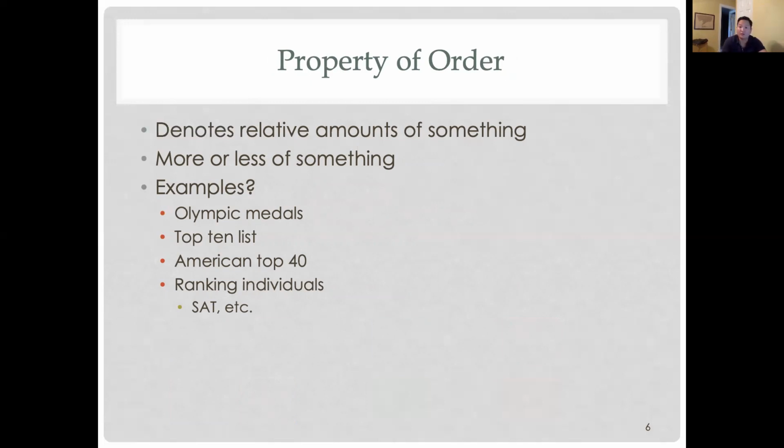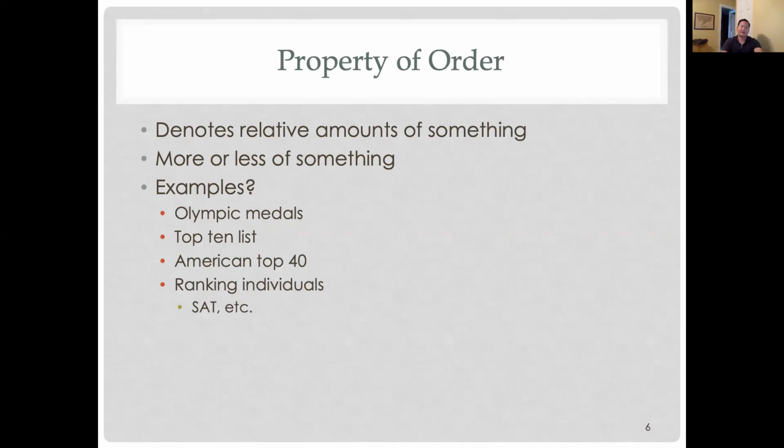Olympics, right? Gold, silver, bronze. Gold, you don't know how much better gold is than silver, or silver is from bronze, and it in fact differs from year to year or event to event. Sometimes gold and silver, the people are really neck and neck. Sometimes they're pretty far apart. For the property of order, though, it doesn't matter. We're just saying gold was better than silver, was better than bronze.